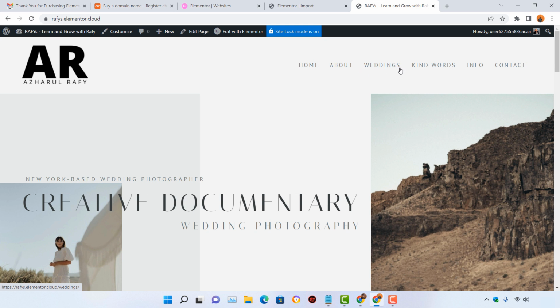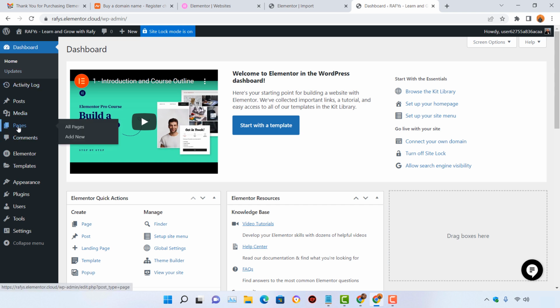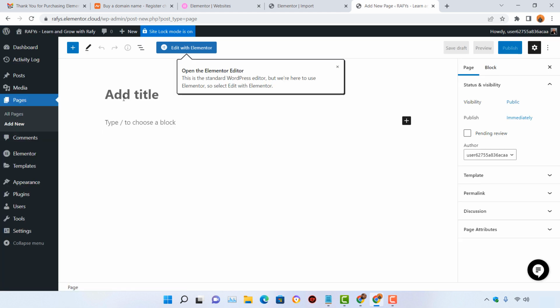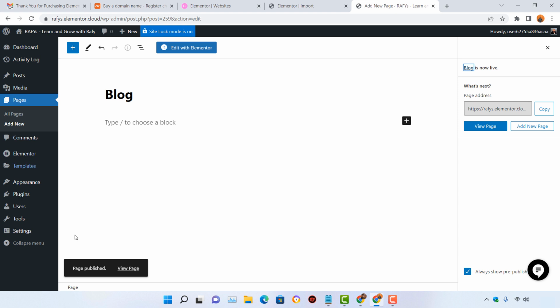So the process is simple. First of all, we have to create the blog page. So let me take you back here on the dashboard. After that, we are going to pages, and let's click on add new. After that, I'm going to type out blog. After that, I'm going to click on publish. Let's click on publish, and the blog page has been